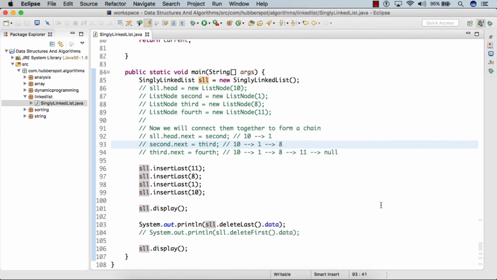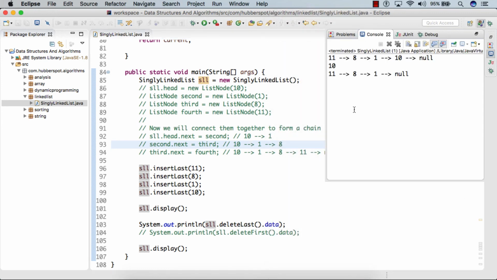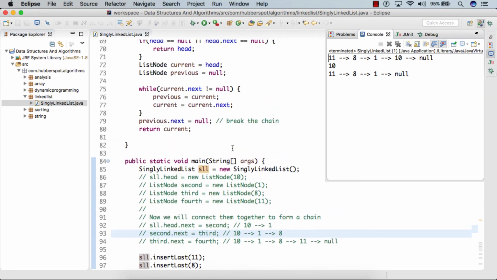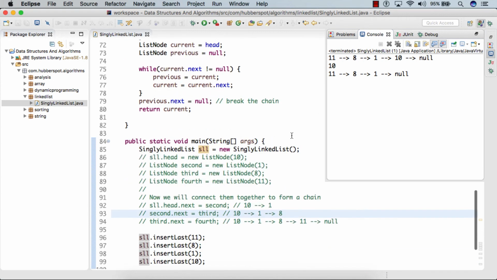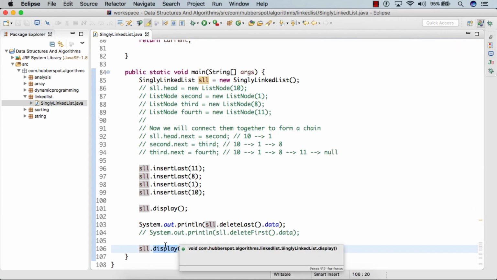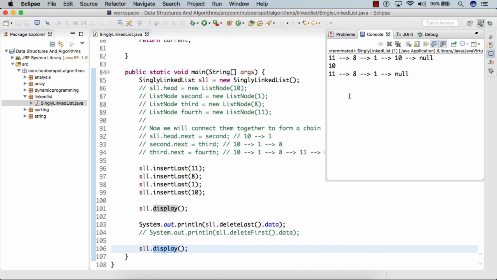If I run the code, you can see that initially the list contained 4 nodes. Then we called delete last, which removed the last node and returned it from this method, and then we simply printed its data, which came out to be 10. So here you can see 10 is the last node of the singly linked list, and after that I again printed the singly linked list, which came out to be 11, 8 and 1, because 10 is already removed.